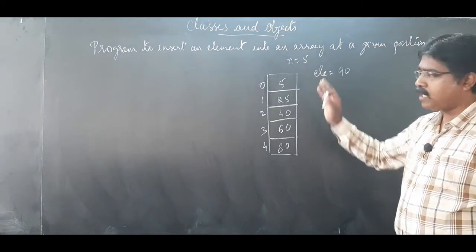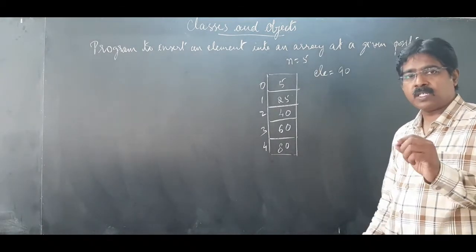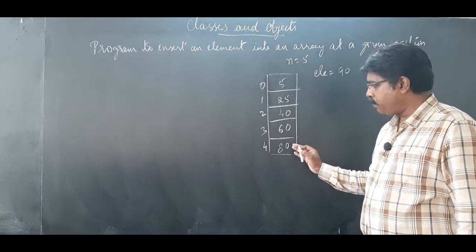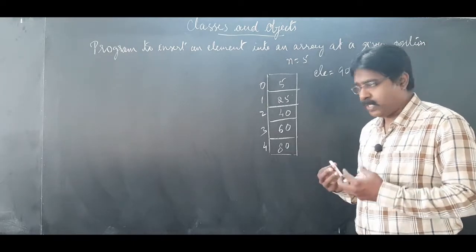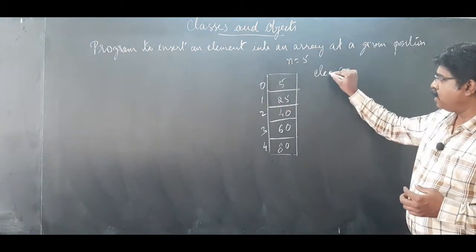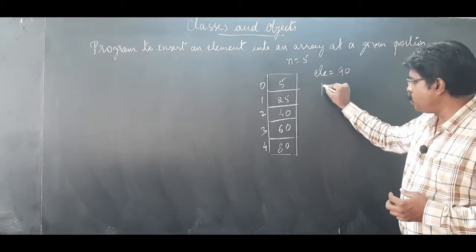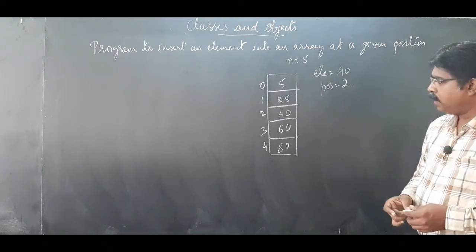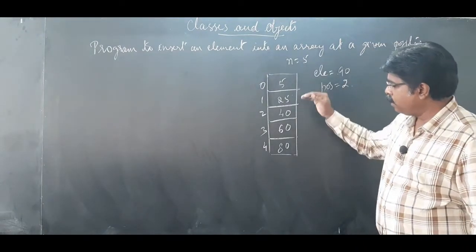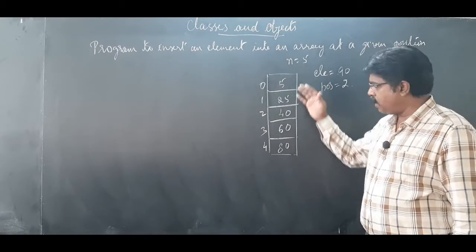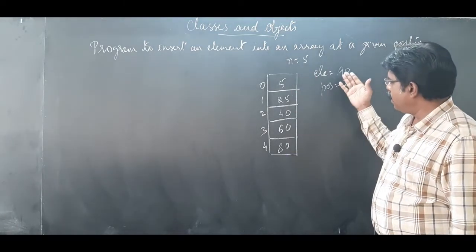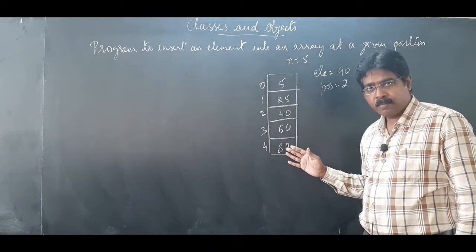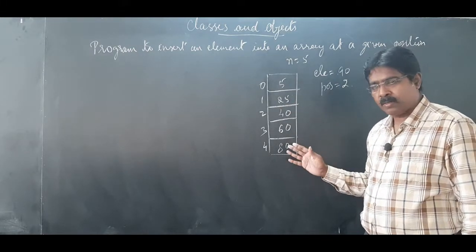When we want to insert an element into this array, we are supposed to create the space. When we create the space, we need to follow how we are going to create it. Let me take an example here as ELE equals 90 as well as position, I'll take as 2. It's not a hard and fast rule that we need to take the elements in ascending order. You can take a random element as well. When you take any element to be inserted, you could insert it at any position.